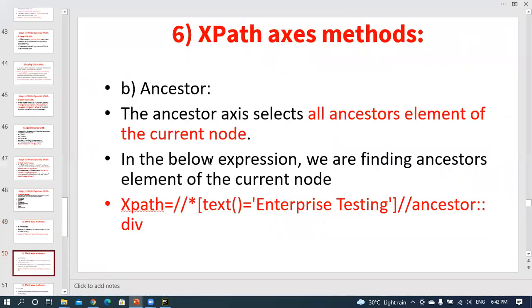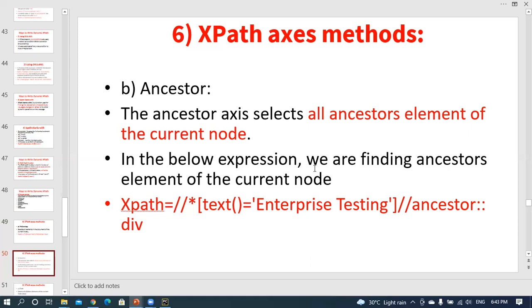For example, there is ancestor. Ancestor in the sense of our father, our grandfather, like that; those are all called ancestors. The ancestor axis selects all ancestor elements of the current node, meaning the current node's parent elements. In order to identify them, you use this type of XPath.